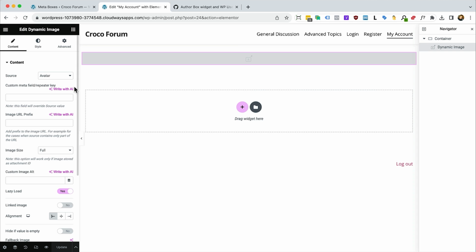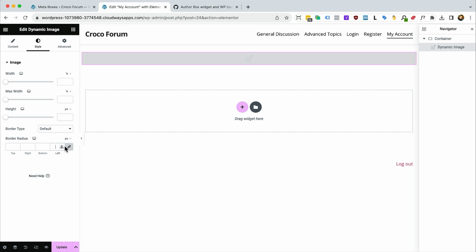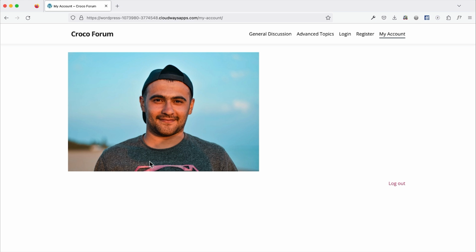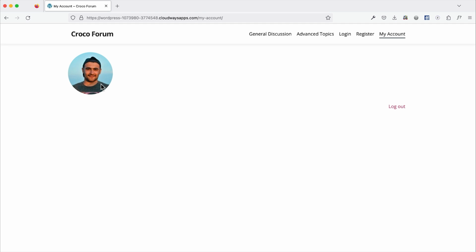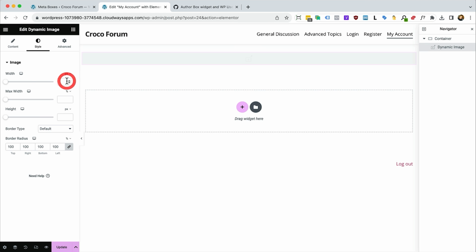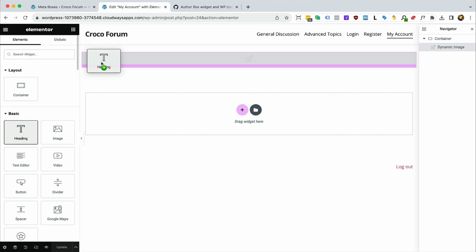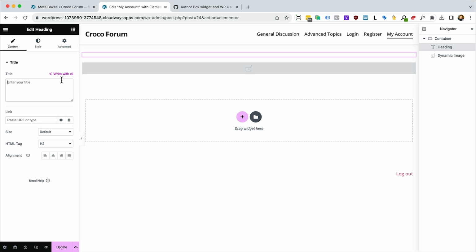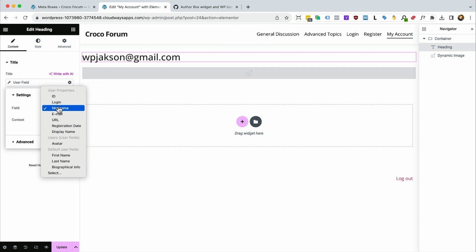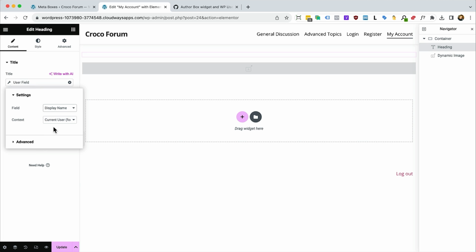So let's just make that image size the thumbnail. We'll style him up a little bit, put some percentage of 100% on there, update that, refresh there. So where we've got Sam. Let's also put a width of 60 on there. Maybe cool to add a heading in there, which is for our user. It'll be our display name,